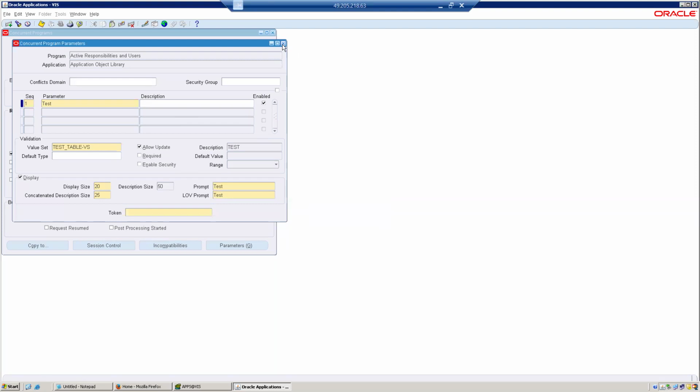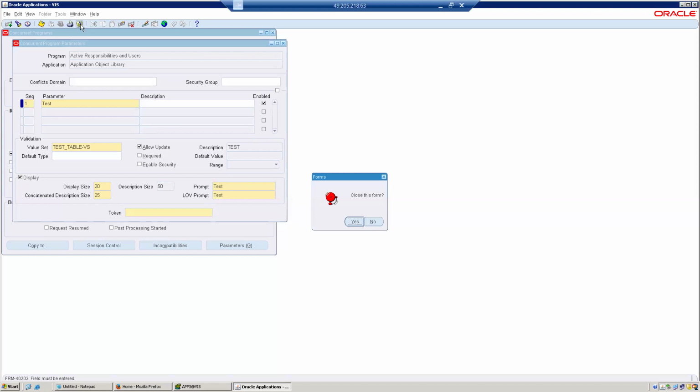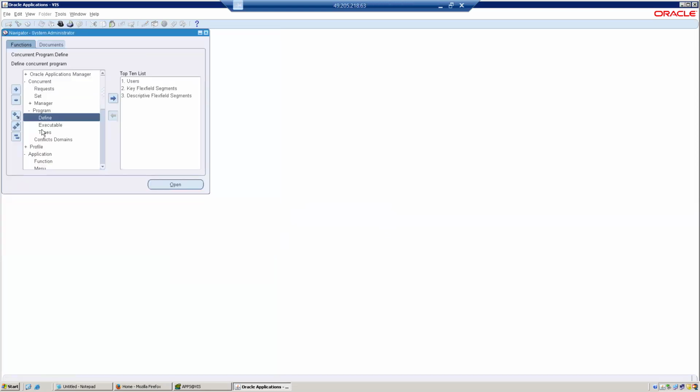While creating, I'll show you the concurrent program. What is a concurrent program? Why do we need to create concurrent programs? If you run any program, then I will. Second point is the